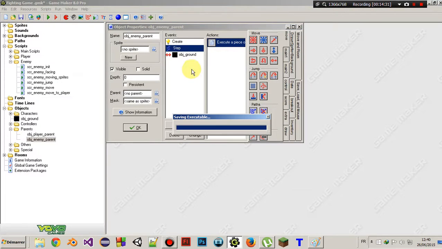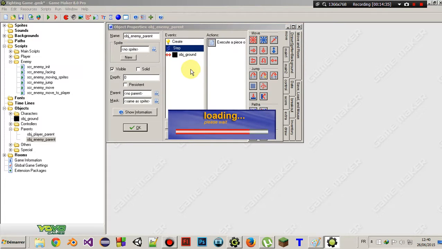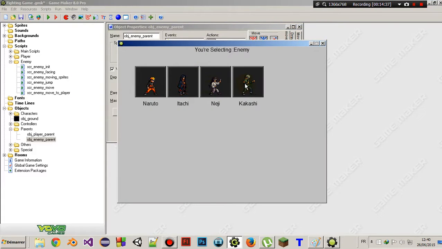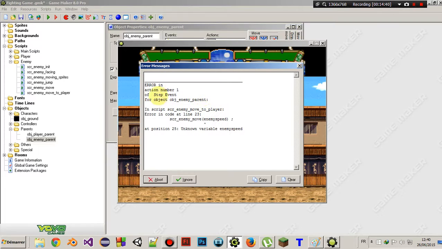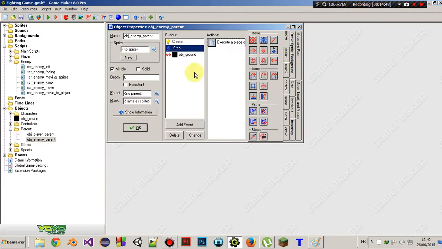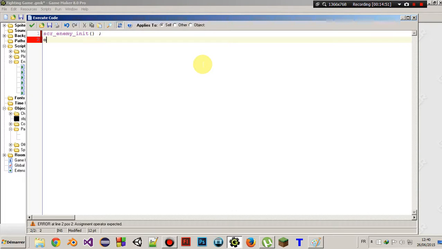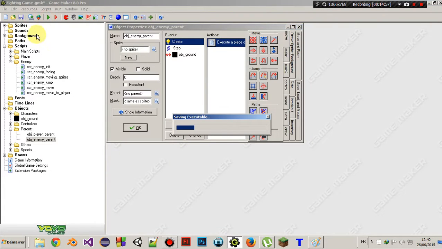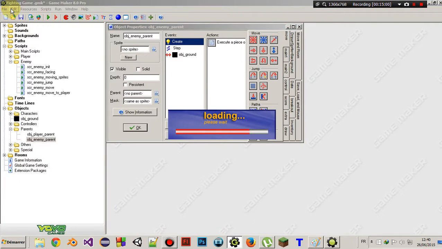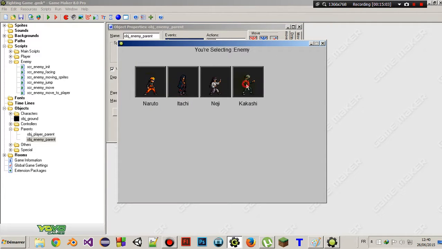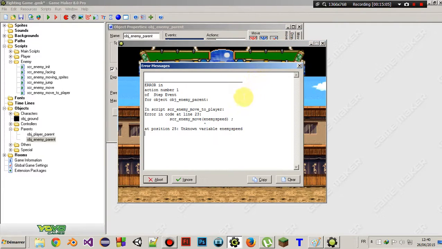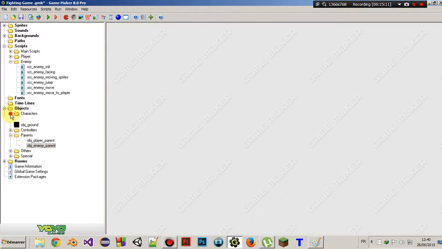Let me just see the error exactly. In the step event, unknown variable enemy speed. Really? Wait, so if